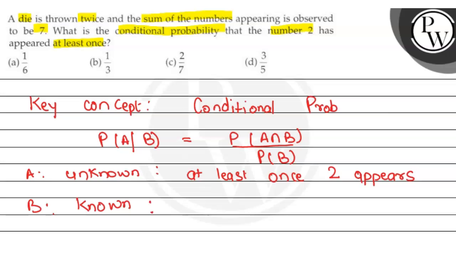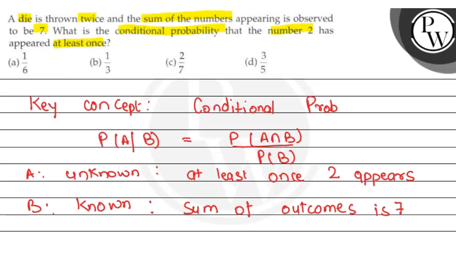And the known event is that it is observed to be 7. So sum of numbers is observed to be 7. So sum of outcomes is 7. This is our known event. So the elements of A, that is at least once,